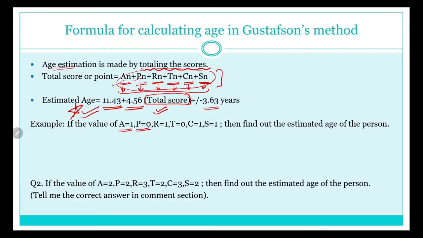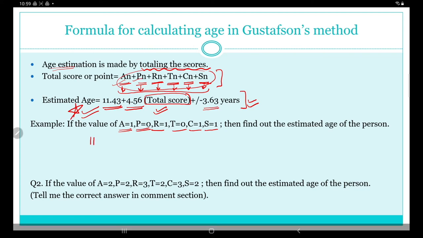Similarly, we have here P equals to 0. P equals to 0 means that there is no periodontitis, no inflammation, right? So accordingly, we have been given these values, but we just have the values. How can we calculate the age of the person? So we'll be doing that with the help of this formula. Remember this formula. So if these values are given, let's find out the age of the person, which is going to be